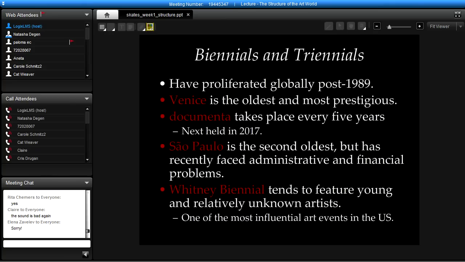Now, another aspect of the international art world is these regular exhibitions that are held all over the world. Biennials or triennials, often called biennales, the Italian term, have really proliferated globally since 1989. Now there are similar exhibition events held everywhere from Havana to Guangzhou in China. You have events from South America to Asia to Africa to